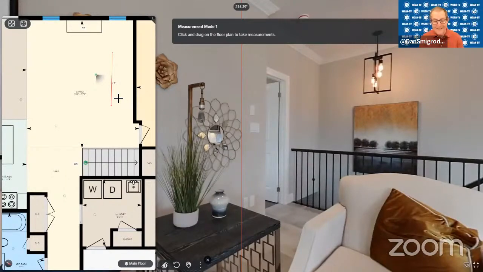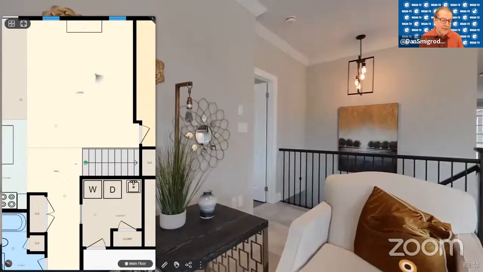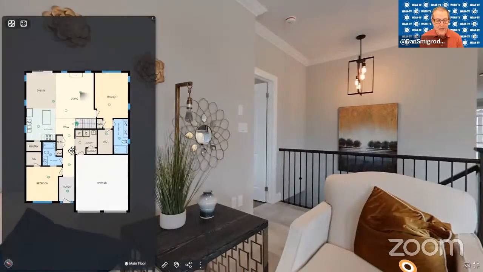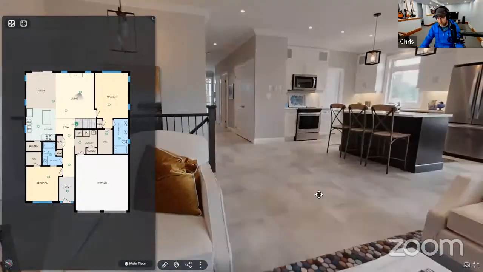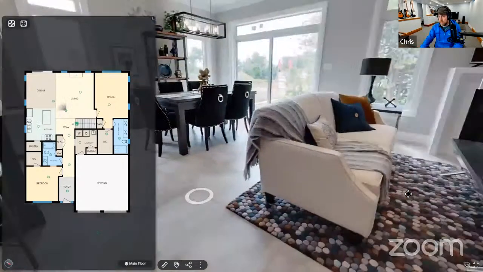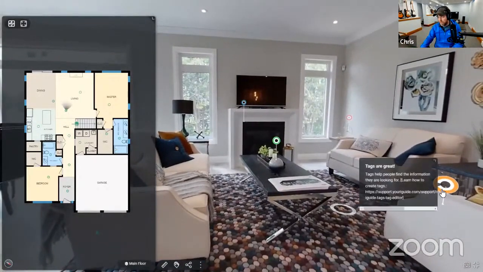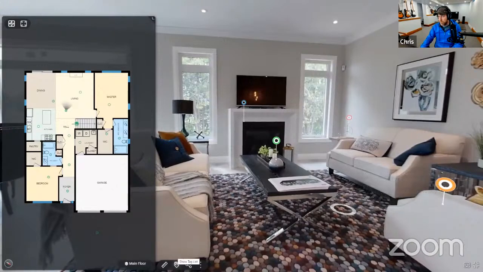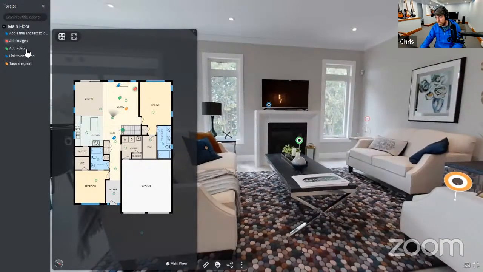So Chris, I still see some other toolkit items there on that bottom menu. Can you take us through that? I can indeed. So if you look at the center icon, you guys can see this, that is a tag list. One of the unique features of the iGuide is this list. So when I click on it, I hope you guys can see this, there's a list of tags on the left.